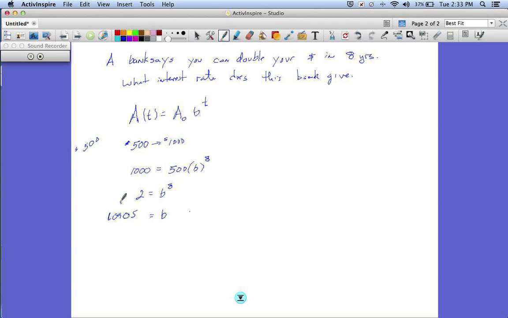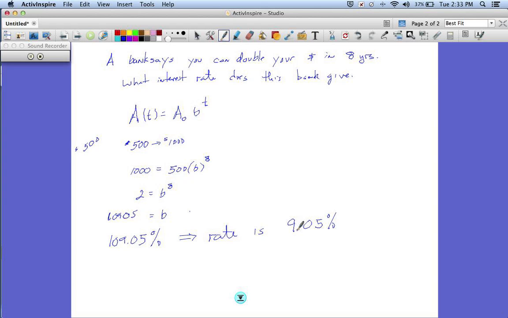Now, technically that's plus or minus, correct? Because I took the 8th root. However, we're talking about interest, so we don't really care about the negative. And this says that my multiplier is 109.05%, which means my actual rate is